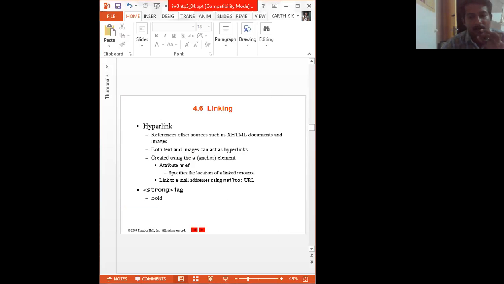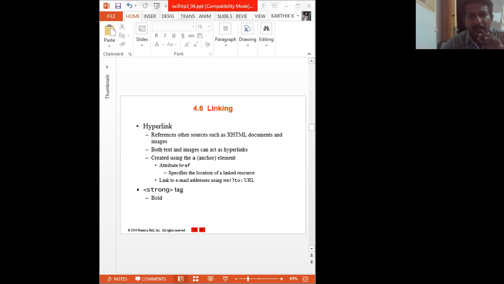Next one, linking, hyperlinking. One of the most important HTML5 features is hyperlinking, which refers to other resources such as HTML documents and images. When a user clicks the hyperlink, the browser tries to create an action associated with its URL or open an email client.